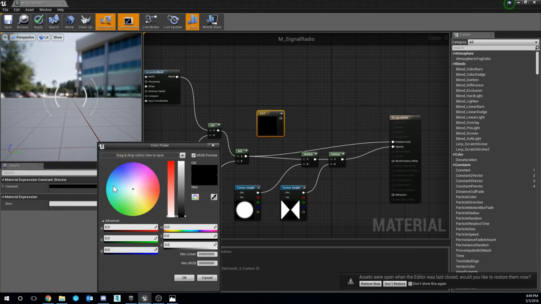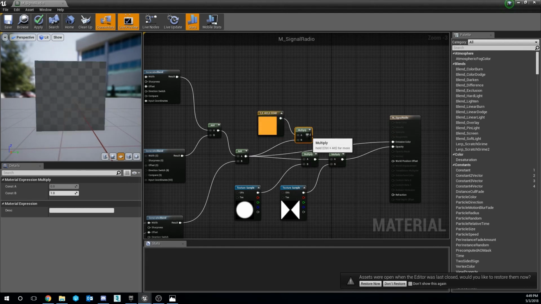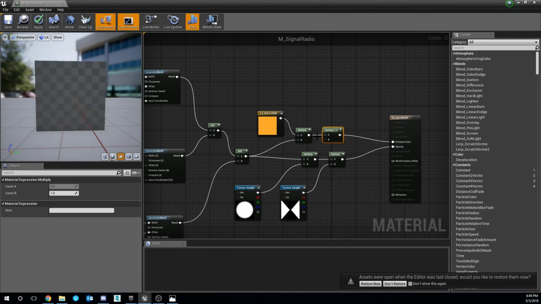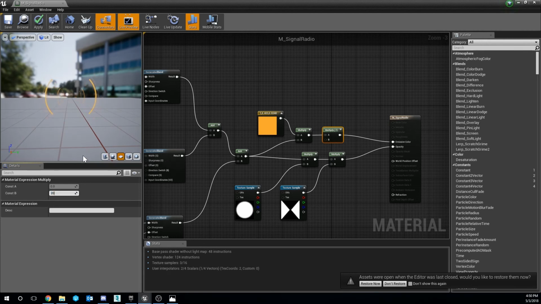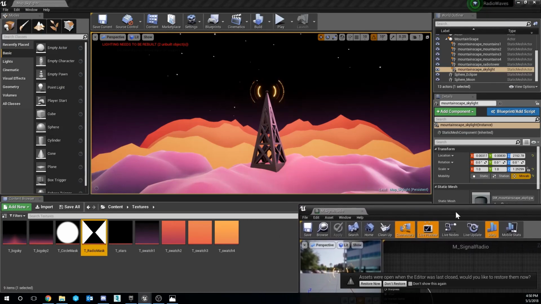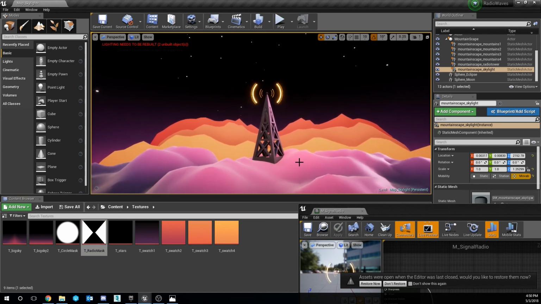Then I add some color to the emissive and multiply it by 20 to increase its glow. And there you go, 3 generated bands with different variables that have been added together before masking them. At this point, I start tweaking the numbers a bit more, experimenting with the width of these bands until I find something I'm happy with.